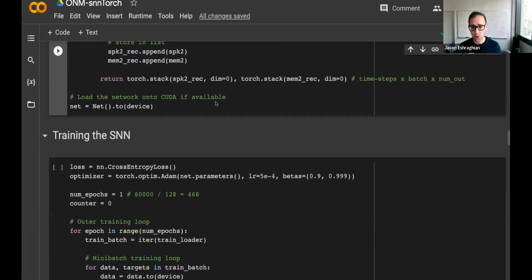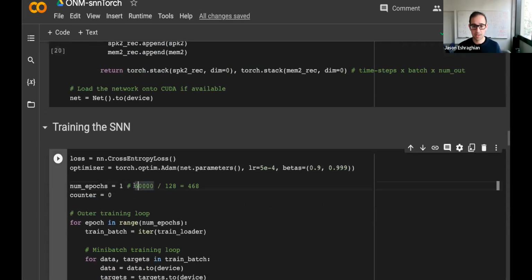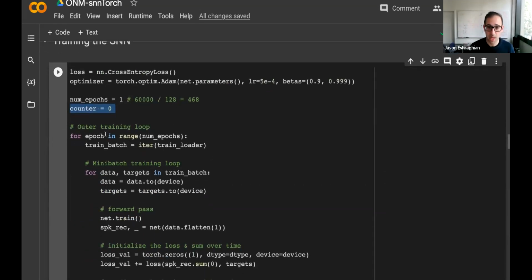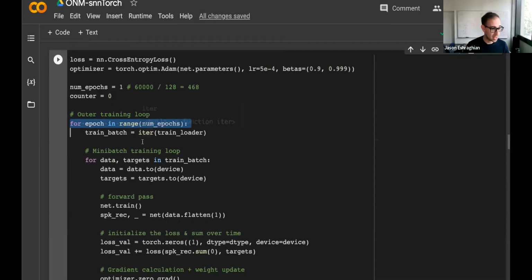Then moving forward, let's see. Okay, so number of epochs, 1, 468 iterations, and the count is going to count through those. For epoch, well, this isn't really a for loop. If I'm just iterating through it once, I will convert my train loader into an iterator. So we're going to iterate over 468